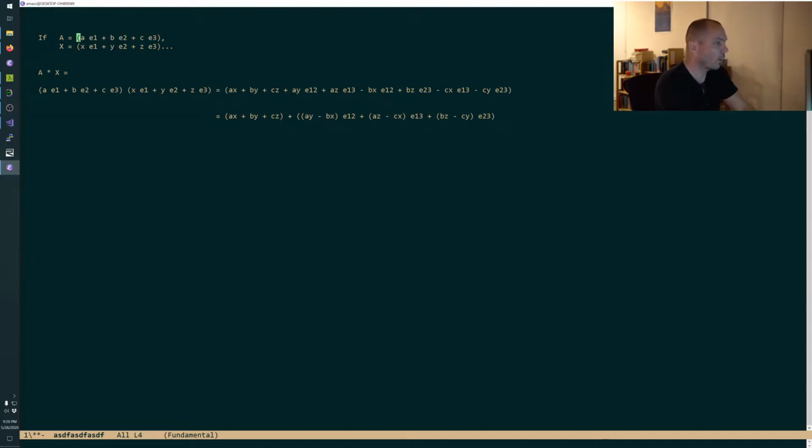So let's just say this is A, B, C. That's your more familiar notation, right? X, Y, Z. All right. So hopefully that makes sense. And then if you say A times X, it's this, all right, which factors to this, which by the way is